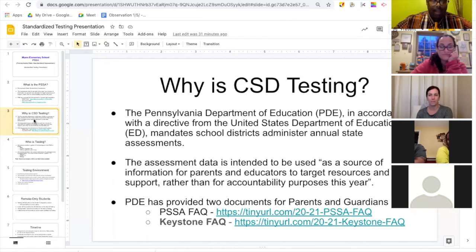So due to the pandemic, the assessment will not be utilized as it has under normal circumstances. It will not be used to allocate funding and determine schools' funding. It will not be used to measure a child's placement in the next grade. It will not be used to give schools and districts designations. It will not be used to classify or categorize students for future instructional purposes. It will be used simply for data for the state to track who took it,